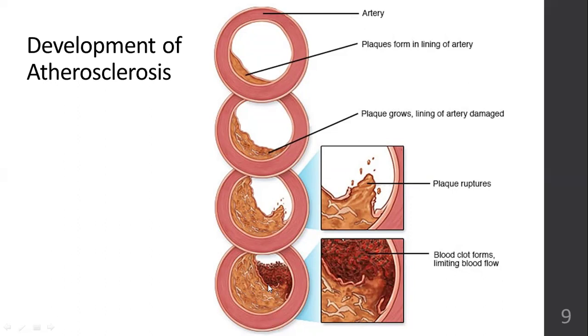And you can see already it was a very narrow space through which the blood can flow. Now it has ruptured. The blood has come here to form a blood clot. Now you can see how tiny an area is left for the blood to flow. It is negligible, almost a 90 to 95% block. Okay, high risk of developing cardiovascular disease or heart attack. Is it clear how atherosclerosis is developed?